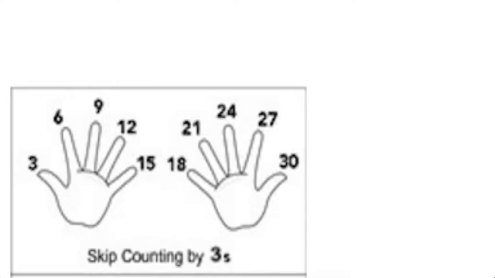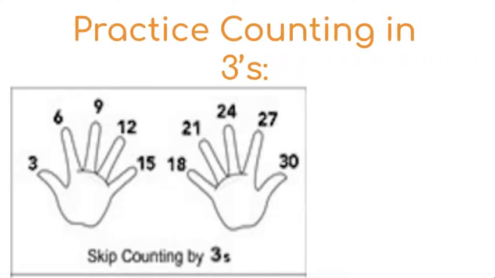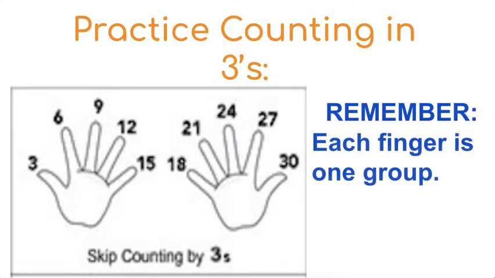challenge of today. Right, so when we practice counting in threes, sometimes we can't always draw our groups because we don't have pens and papers, or because our teacher wants us to do it mentally. So you can use your fingers. And remember, each finger is one group. So we have 10 fingers, which is 10 groups, and that would be 30. So we are counting in threes, and we have 10 groups. We always count up to 36. So just imagine that there were 2 more fingers on a hand, and then that would give you all 12